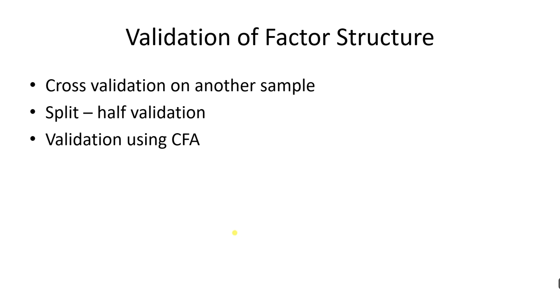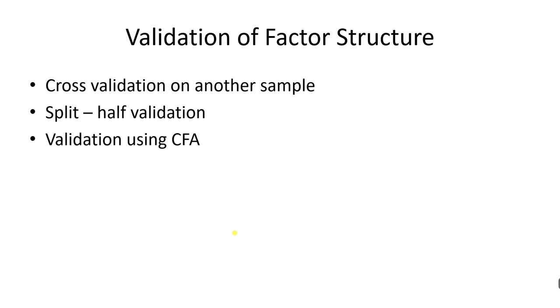You replicate the study on another sample, and if the factor structure has some congruence, and there are methods of determining or calculating factor structure congruence, you can consult the book of Gorsuch, Factor Analysis. They have given some methods. Other books also cover the methods of determining congruence. So cross validation on another sample is one method. If you have replicated your study on several samples and the same factor structure has been obtained again and again, then we can say that the factor solution is valid.